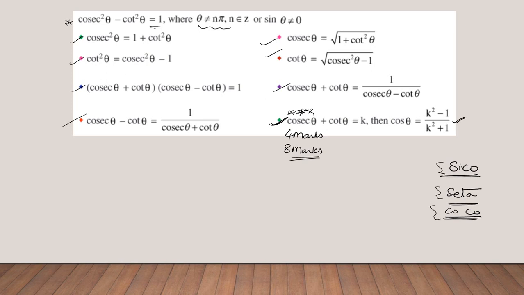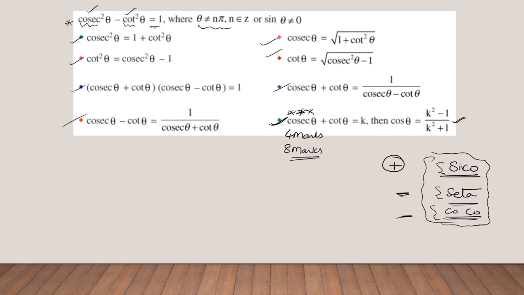Which co will come first? Here for cosecant you have 5 letters, and for cot you have only 3 letters. So the bigger one will be written first and then the smaller one. Likewise you can make these cheat words. By using this you can simply remember. And for Psycho you need to put plus in the middle. Sita and Coco will have minus in the middle. So remember this and make a note of these so that you can easily remember these identities.